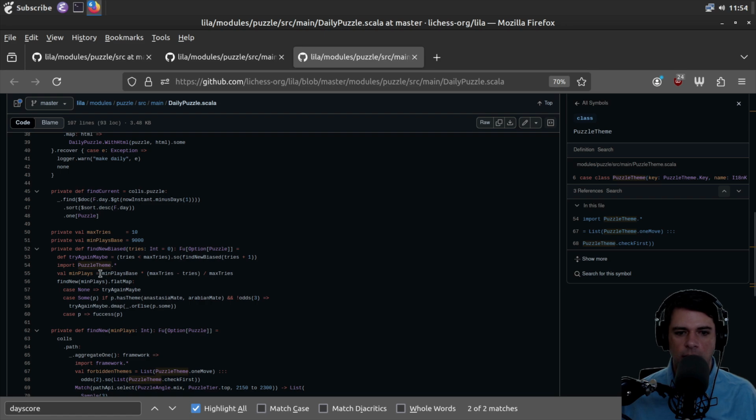And we've got this thing, min plays base is max tries minus tries over max tries. And we're going to call find new on min plays, flat mapping. If we get none, we'll try again, maybe. If we get some,